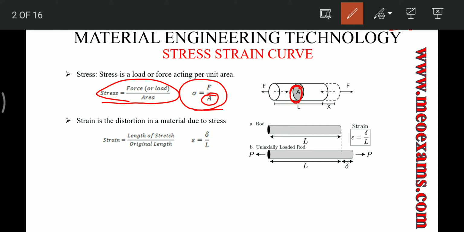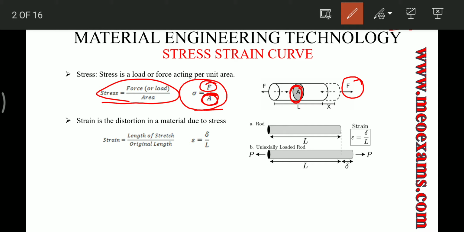And if we are calculating the true stresses, then in that case the area of cross section will be taken after, or at that particular instant when we are calculating the stresses. Like suppose after application of forces, there will be reduction in the cross section area. So at that particular instant the force will be taken, and at that instant we take the area. So that is for calculating the true stresses.